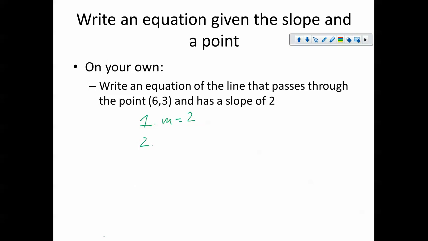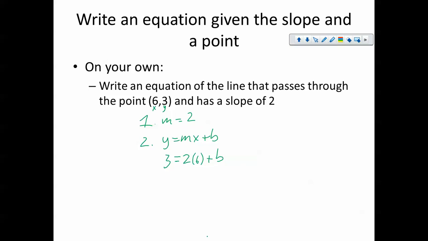Step 2, find the y-intercept. We're not given the y-intercept because that is not a y-intercept, so we're going to have to find it. The way we do that is by plugging in these numbers. We're using the equation y equals mx plus b. We're plugging in the 3 for the y, the 2 for the slope, the 6 for the x,